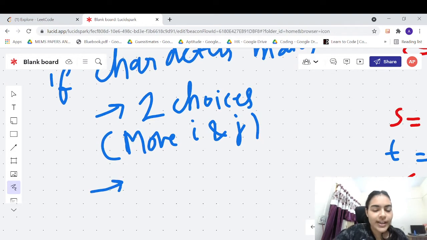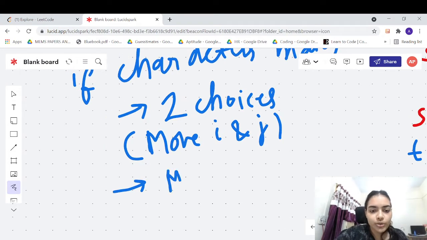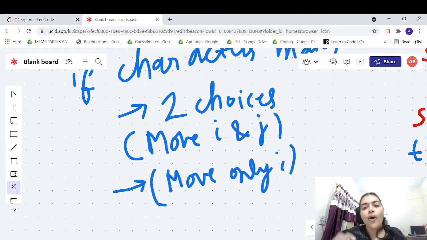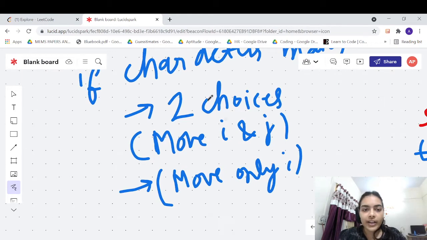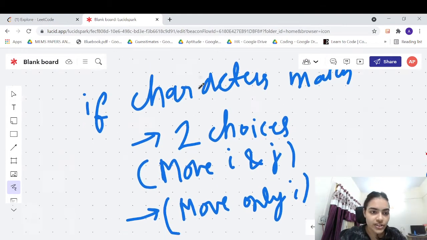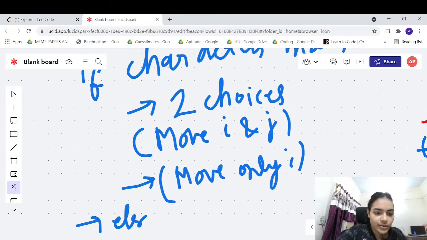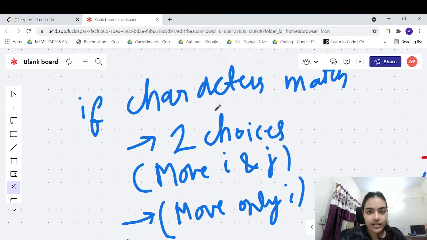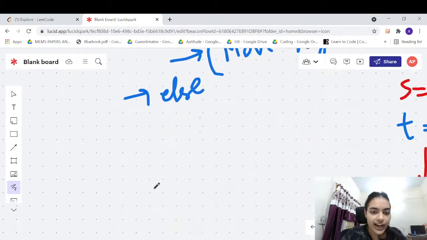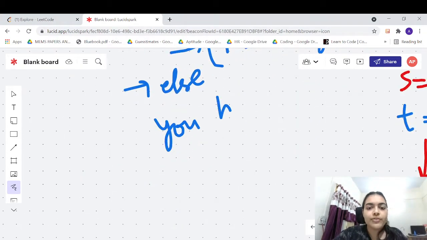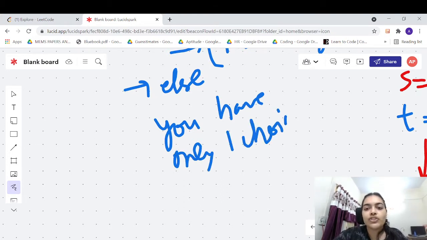Or the second choice is you move only I. You try to form the remaining characters without taking the I. But if characters don't match, else. So this was the if condition, and the else condition will be if characters don't match, you have only one choice, and that one choice is simply move I. Okay, that is a simple logic.